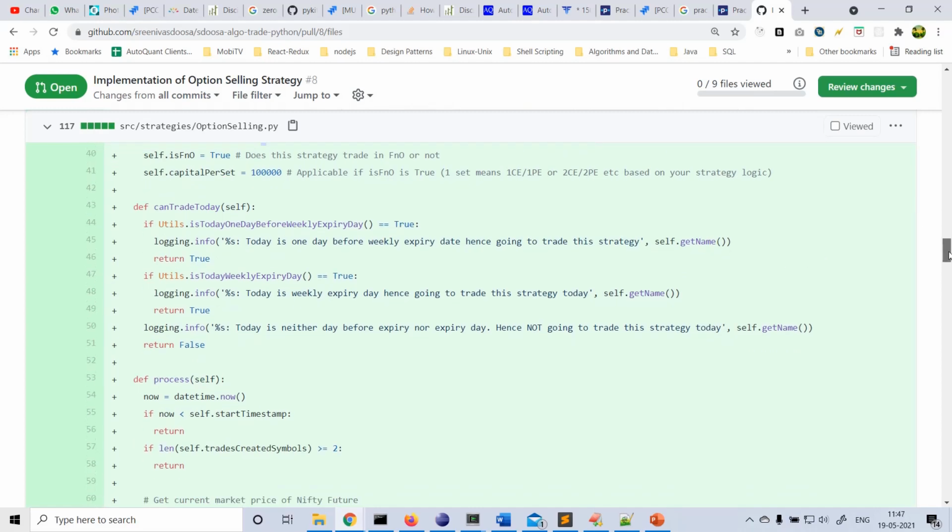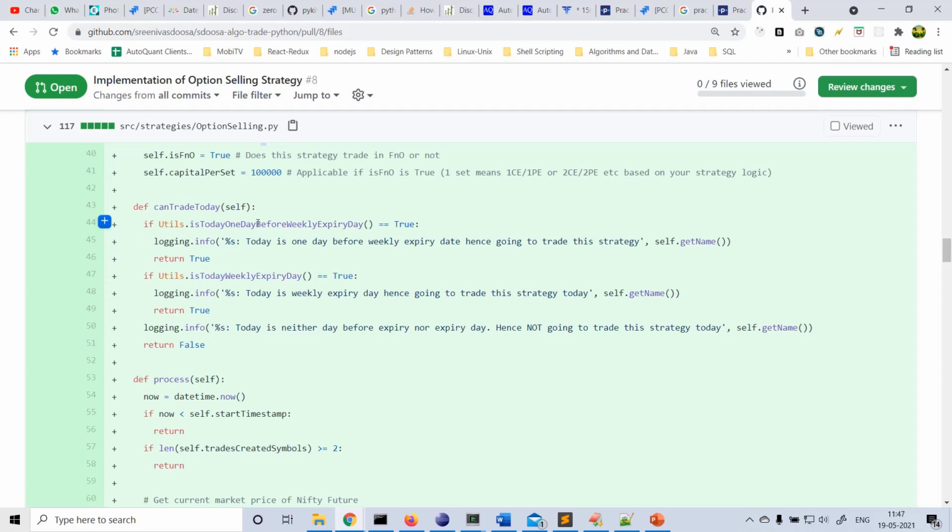Okay, and the function here, in the base class we already wrote can trade today, right? By default, the base class strategy returns true always. But some strategies we don't trade on all days. Like this option selling, we trade only on Wednesday and Thursday to take advantage of theta decay. So we need to write special logic here to return true or false.